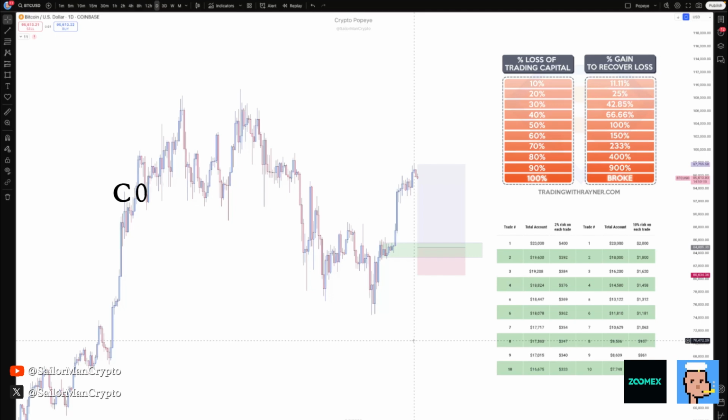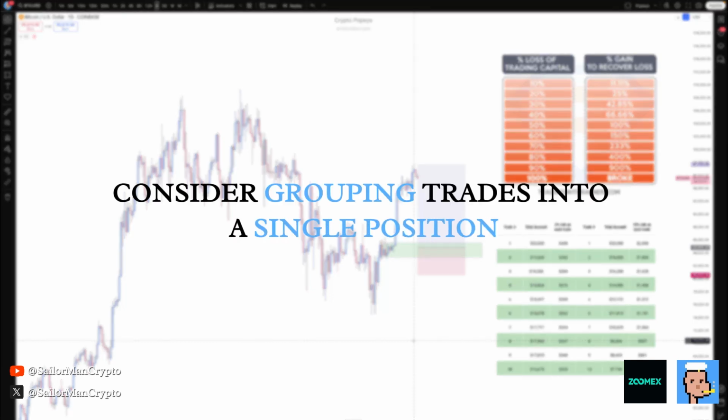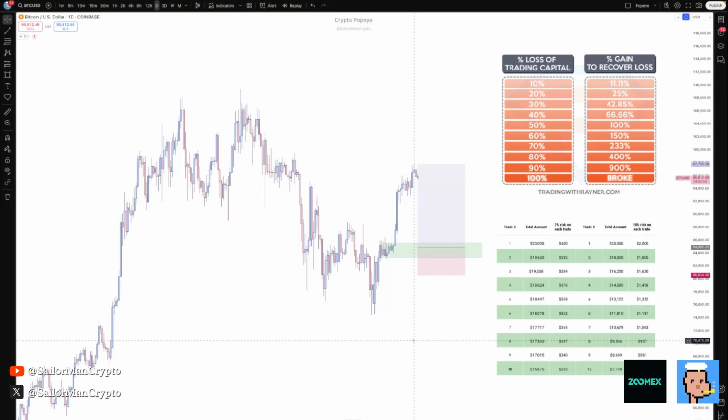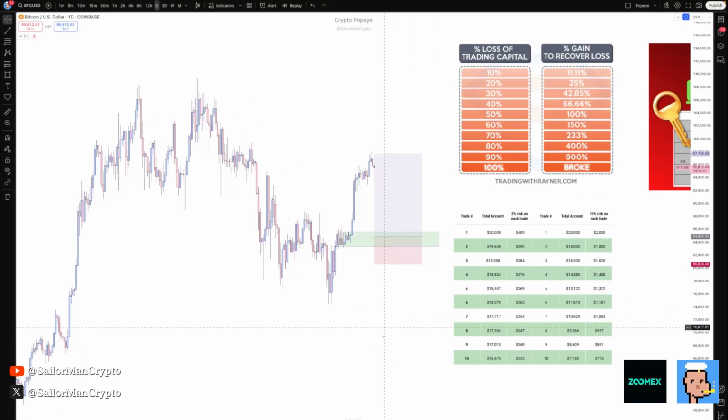So if you have 3 longs open, consider that as a total risk you have in the market on the long side. What you can do is, if you have shorts, so if I'm risking this on this trade, but in the meantime I'm also risking this in this trade, something like this,